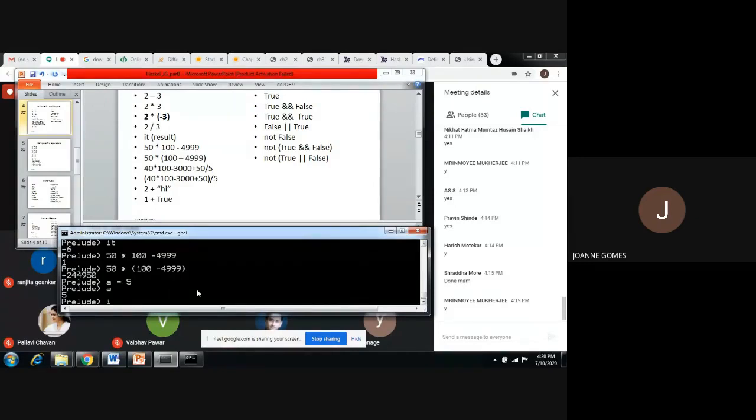But if I'm using C, I have to declare something like int a equals 5. So Haskell is a little similar to Python here: it takes whatever you type and understands the type of the variable automatically. So we need not say integer, float or something like that. If you type something like this, it also takes 5, but we need not declare integer and float data types.